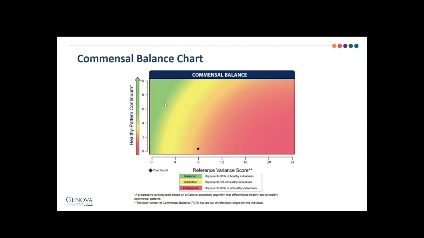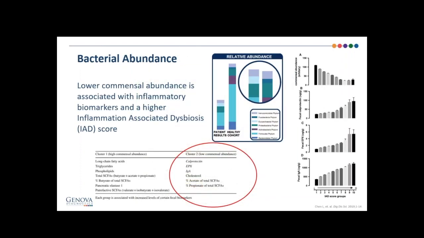But just really quick, Genova likes to have colorimetric reporting, meaning green, yellow, red. Green and yellow is generally where you want to get your patient, with green being the optimal zone and red being outside of range. And so here we're aiming for green, so that would mean better commensal balance. We also look at a relative abundance graphic, so that's at the top of the page here,